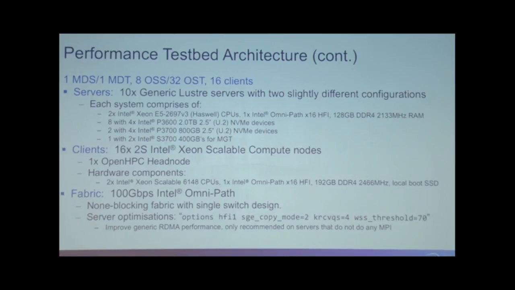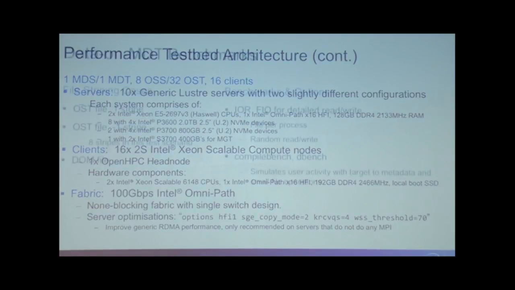The servers each were Intel Xeon 2697 Haswell CPUs. The MDT had a P3700 NVMe device. The OSTs had P3600 NVMe devices. The clients were Intel Xeon Scalable 6148 CPUs. And you can see the optimizations that were on the server at the time of this testing. Now, this testing is done with the 2.11 GA version of Data-on-MDT. You'll see that we do have some optimizations in flight for phase 2, but none of that work is part